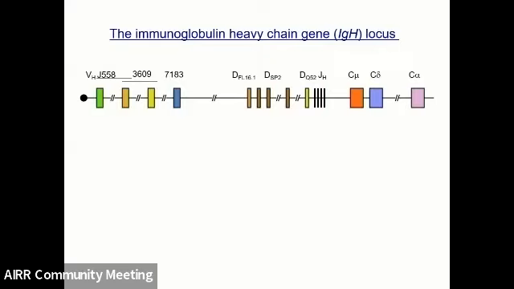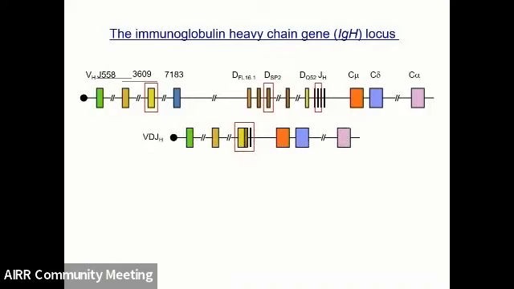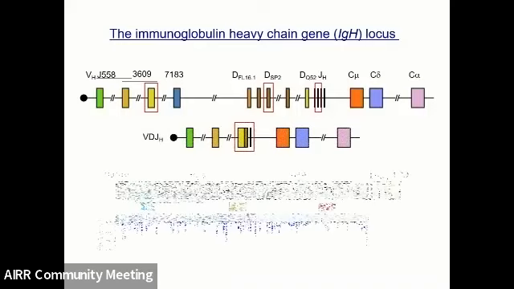And during B cell development in the bone marrow, one variable gene segment, one diversity, and one joining gene segment is put together by the forces of VDJ recombination that was just talked about in the previous talk to generate the exons that encode the variable part of IgH chains. But this simplistic textbook version of what the locus looks like